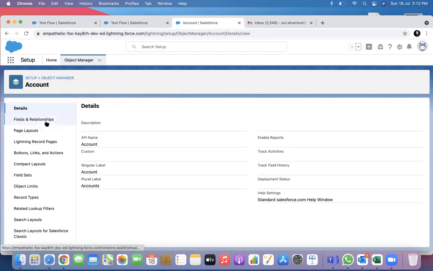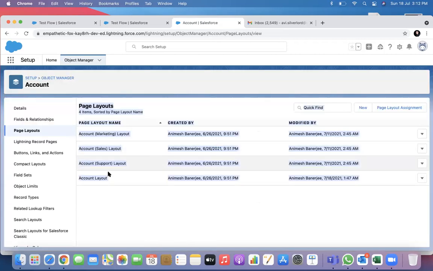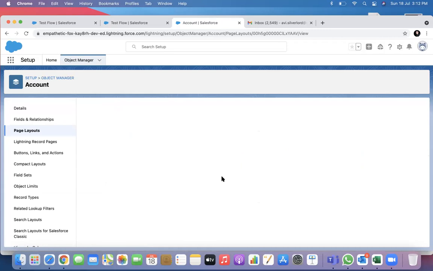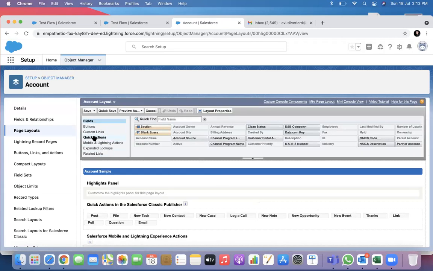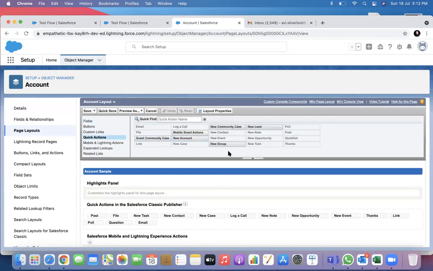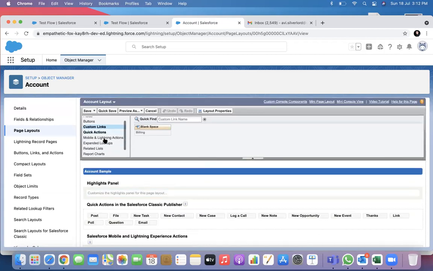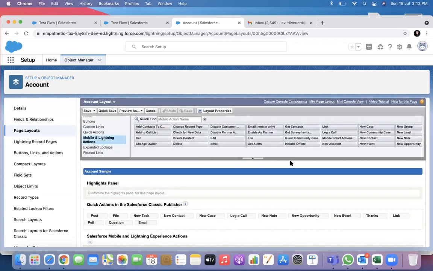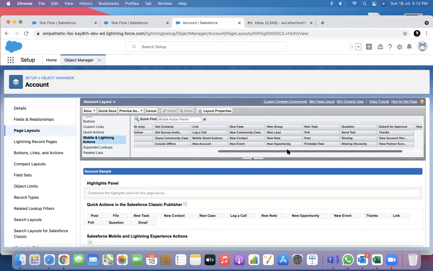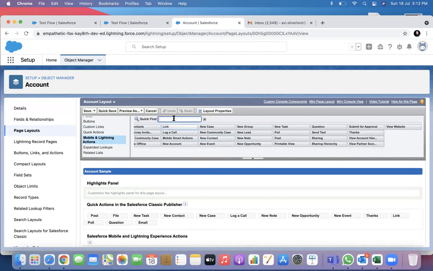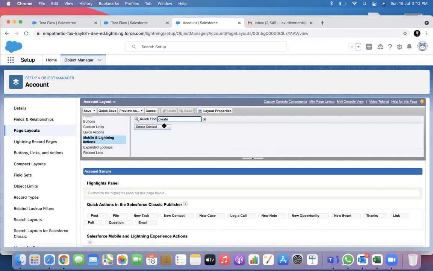And I will go to the layout, go to page. See now, quick actions, you will see. Yeah, mobile lightning actions. What is that? Notice, create contact is there, right?